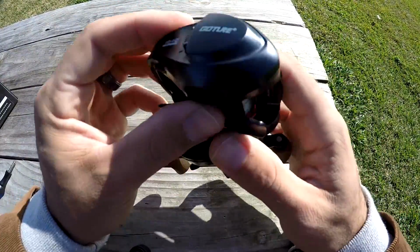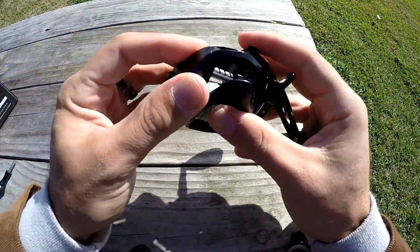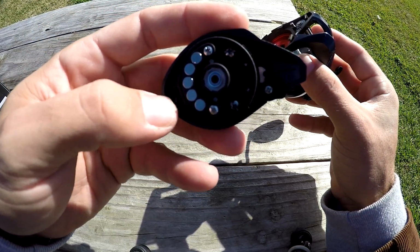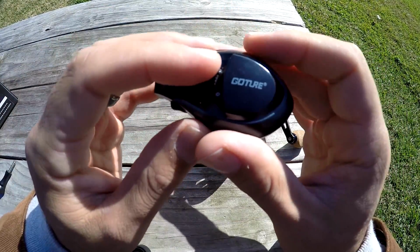It's not the case with this reel. You push in the tab at the bottom. Let me do it with this hand. Rotate it down, pop it out, and as you can see, you got, what, 5 magnets there? So that's pretty standard. So here on the side plate, hopefully you guys can make that out,